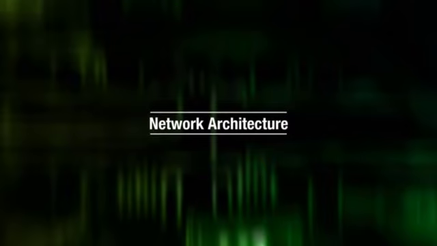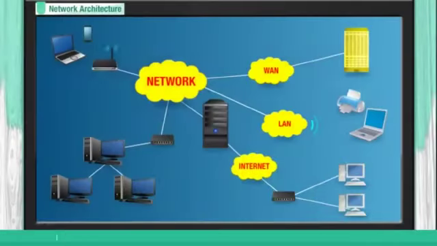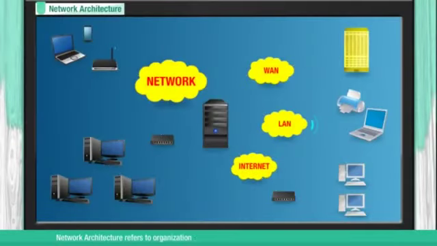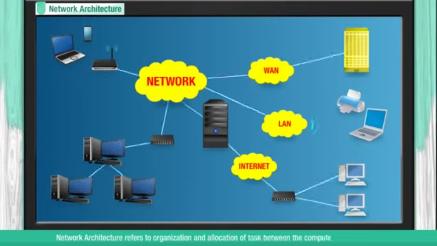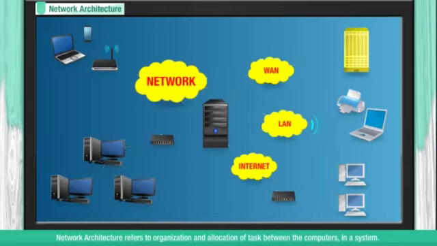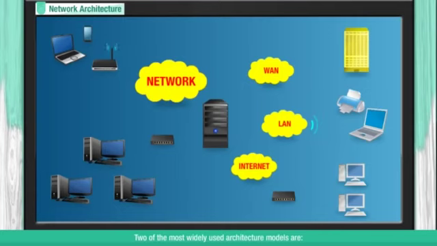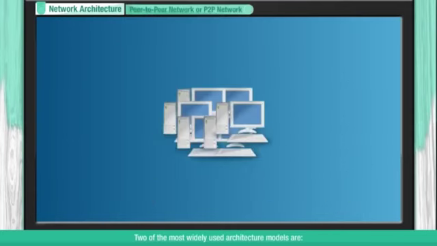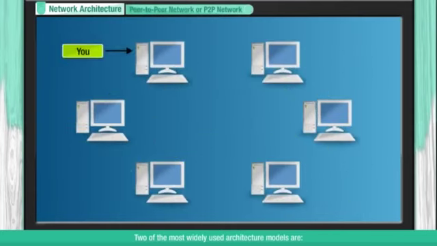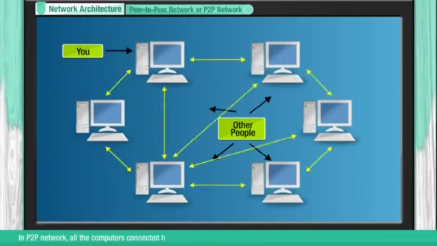Network architecture. Network architecture refers to the organization and allocation of tasks between the computers in a system. Two of the most widely used architecture models are peer-to-peer network or P2P network. In a P2P network,